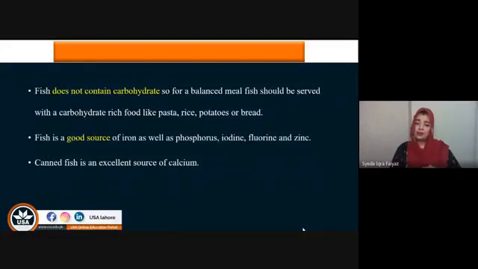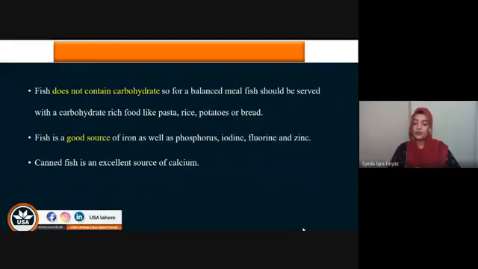Fish does not contain carbohydrates, so for a balanced meal, fish should be served with carbohydrate-rich food like pasta, rice, potatoes, and breads. Fish does not contain any carbohydrates, so as a side dish it is served with pasta, rice, potatoes, or other carbohydrate-rich foods. It is also a good source of iron as well as phosphorus, iodine, fluorine, and zinc. These are the minerals that are also present in the fish, and canned fish is known to be an excellent source of calcium. So somebody who is lactose intolerant, meaning they do not consume dairy or dairy products,